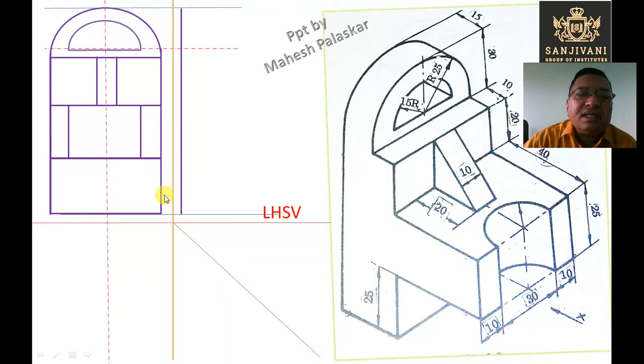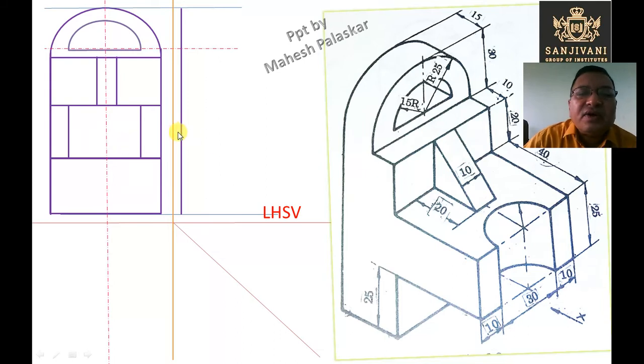Of course, this distance from the x1 y1 line should be minimum 15 mm, but here we have a shortage of space, therefore I am drawing it very close, because here we have to give the dimensions. The dimensions are also not given, so please take care of the dimensions. You have to give the dimensions to the front view, side view and the top view, as they are given in this figure. Don't repeat the dimensions, give each dimension only once, right?